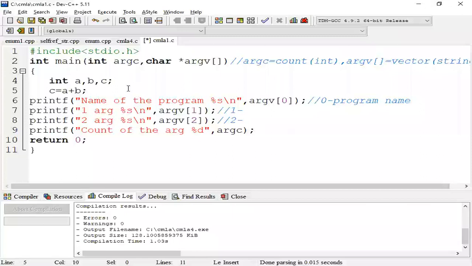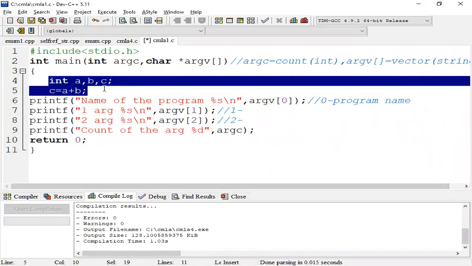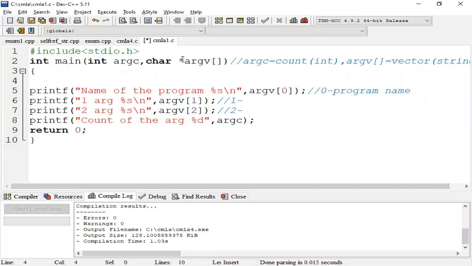2 to 3 minutes. In this case only we can perform c equal to a plus b or any mathematical arithmetic operations. Without the statements, we cannot perform arithmetic operations. Why? Because each and every argument is a character string.